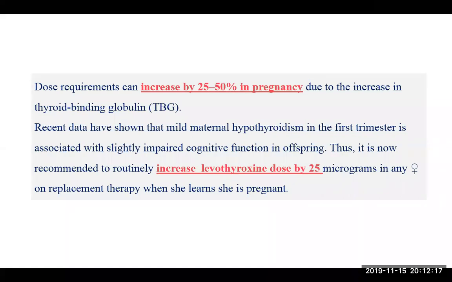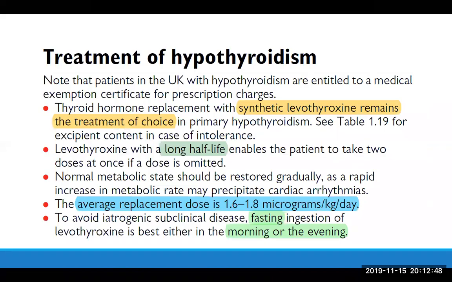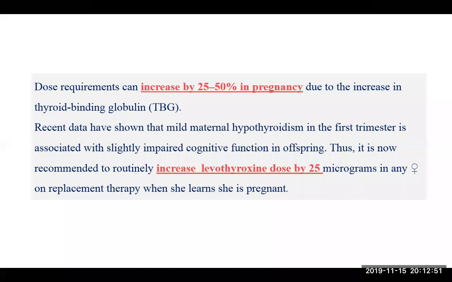For example, if we have a female who is stable and controlled pre-pregnancy on one tablet of 100 microgram thyroxine daily, and the TSH is well controlled, once she gets pregnant, you must add 2 extra tablets per week. So you must expect that on 2 days per week, she must take 2 tablets of levothyroxine 100 micrograms. This is just from the previous lecture, and we will cover the Oxford Handbook.